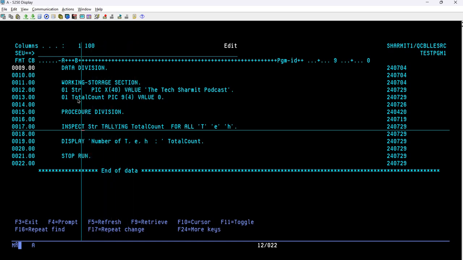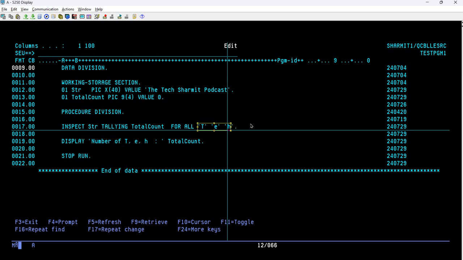So what this line will do is inspect the str. Inspect means it will monitor the string and also manipulate it as per the requirement, but right now we are just using it for fetching the count. So it will just examine the string, and tallying will store the output into this total count variable for all capital T's, small e's, and small h.